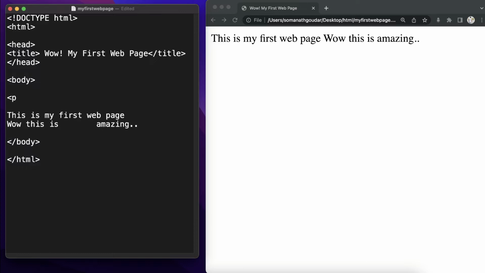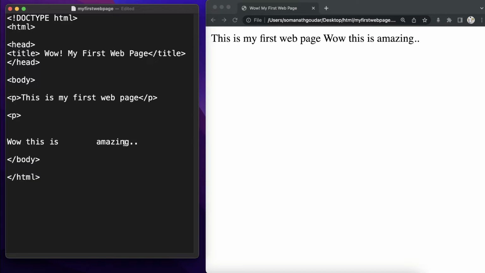First, we will define the opening tag, then we will add some content. Let's copy this content and paste it in between. Now it's time to close our content. So now what our HTML will do is whatever is between these opening and closing tags is considered a paragraph. For example, let's add another paragraph